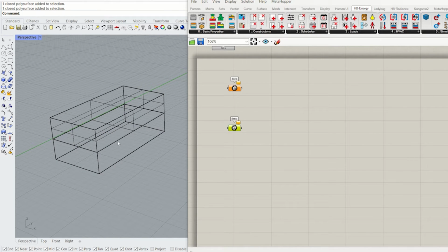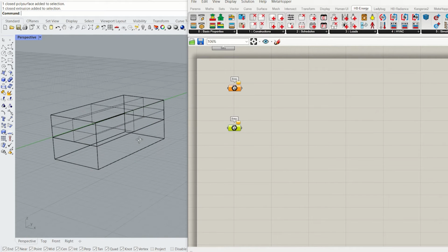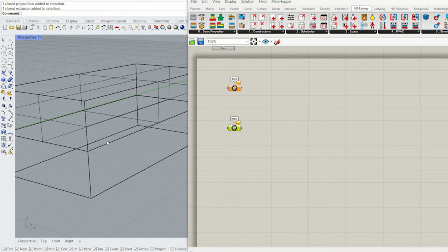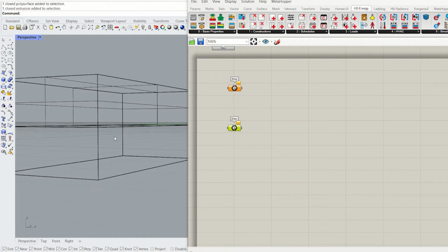My goal for this video is to solve the adjacencies between these rooms, and I'm gonna build this as a common floor to see the physics settings or the R value,